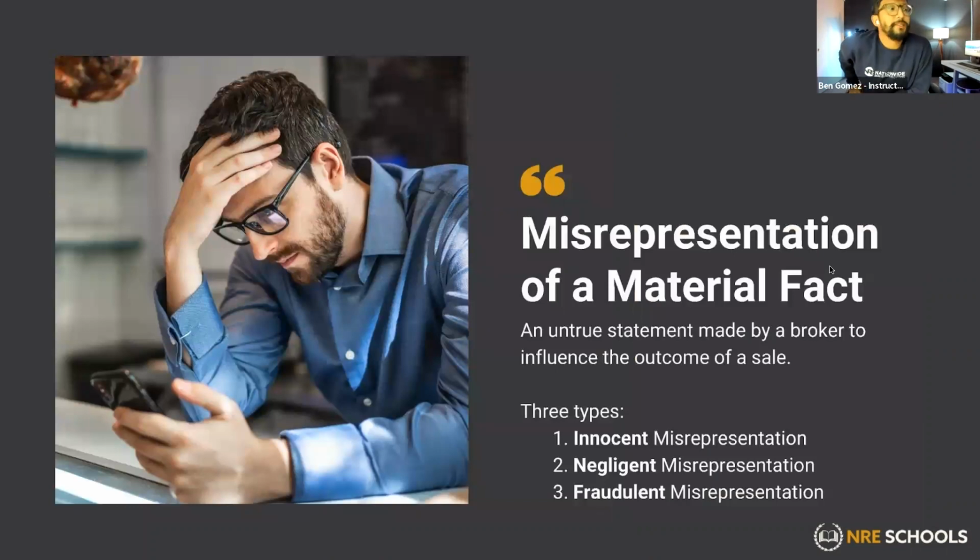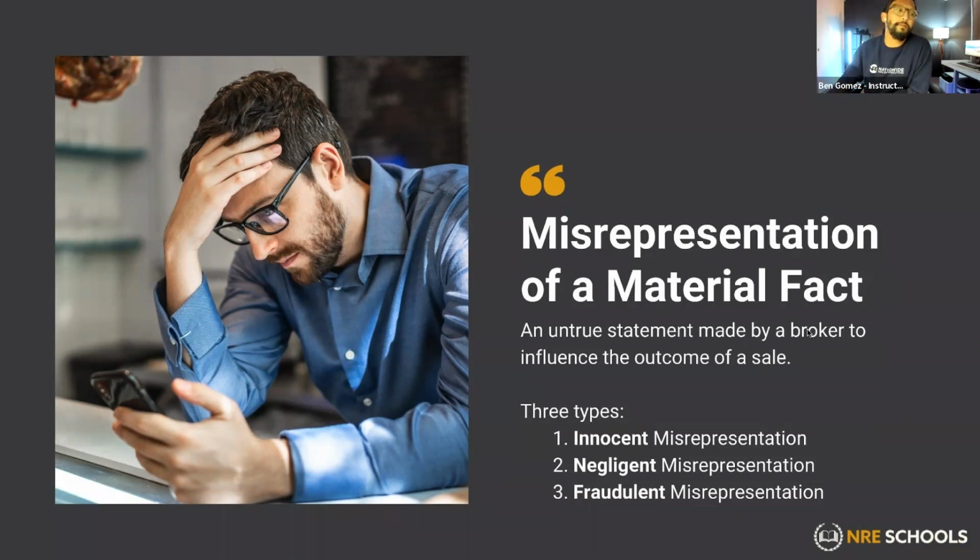Let's talk misrepresentation of material facts. An untrue statement made by a broker to influence the outcome of a sale. These are all no-nos, everybody. These are no good. You don't want to be caught with this because these could result in fines, loss of reputation. But sometimes these are also